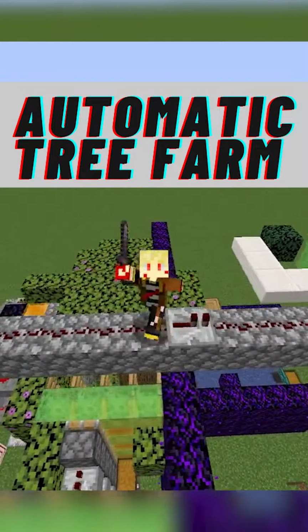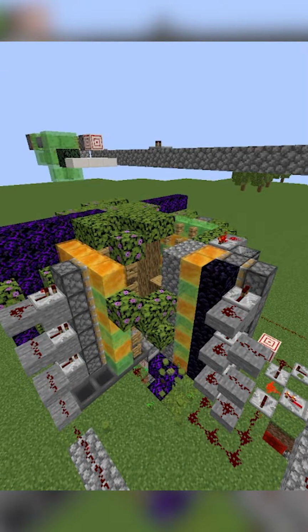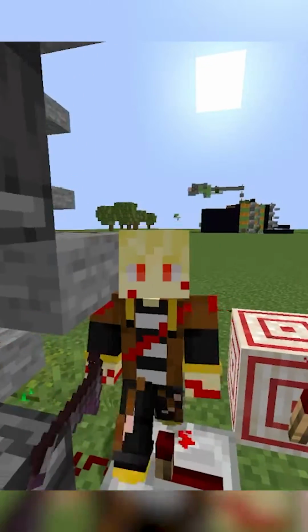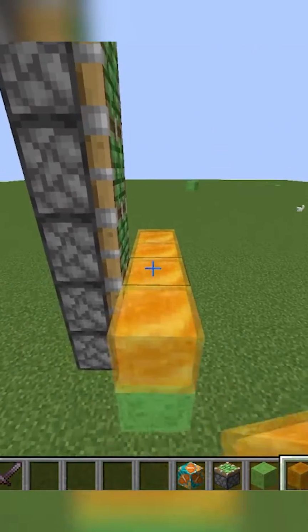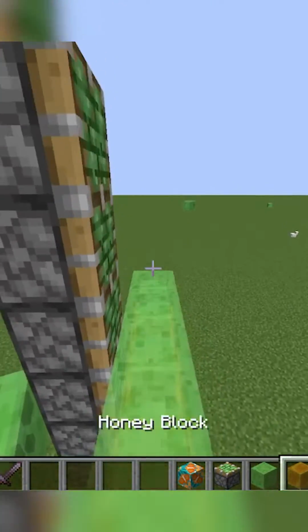Insane Minecraft builds? Part 2, the automatic tree farm. Welcome to the only series that makes your dad proud of you, your ex fall in love with you again, and your depression cured. One off the ground, make a 6-high wall of alternating slime and honey strips 4 across